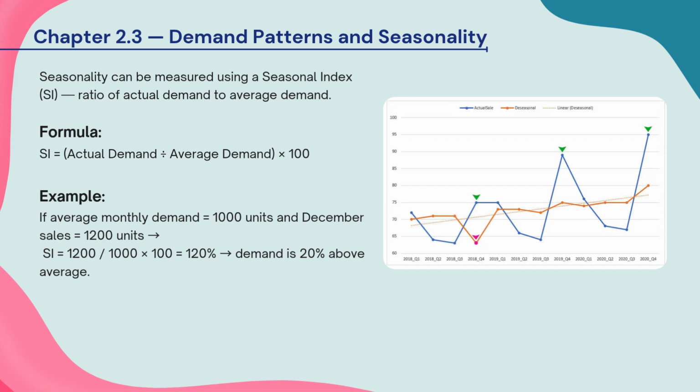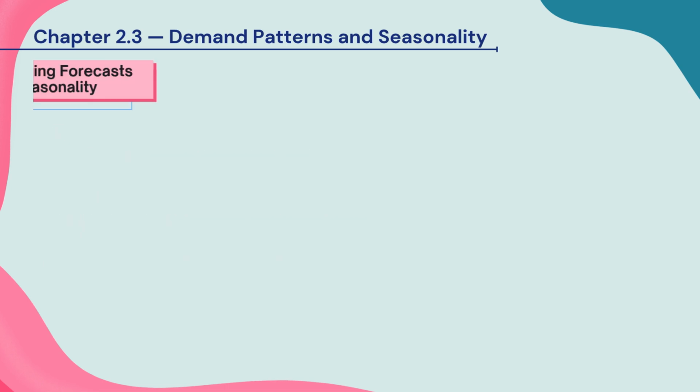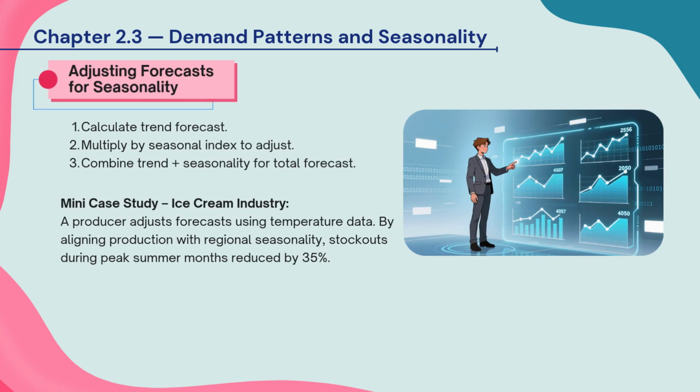is 20% above average. To account for seasonality, first calculate the trend forecast, then adjust it using the seasonal index. Combining trend and seasonal adjustments gives the total forecast. For example, an ice cream producer used temperature-based seasonality adjustments to align production with peak demand, reducing stockouts by 35%